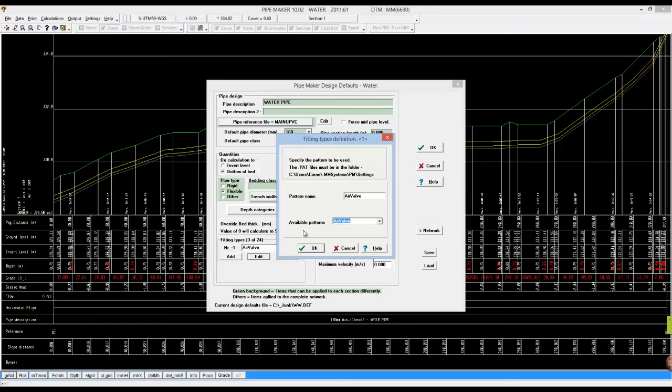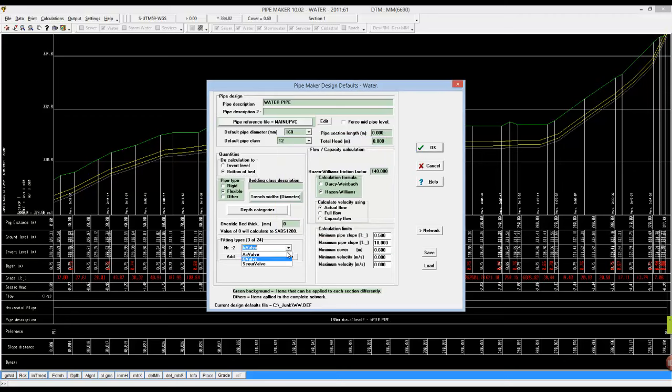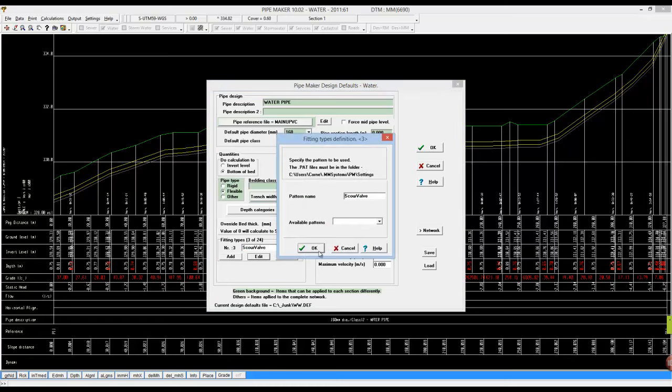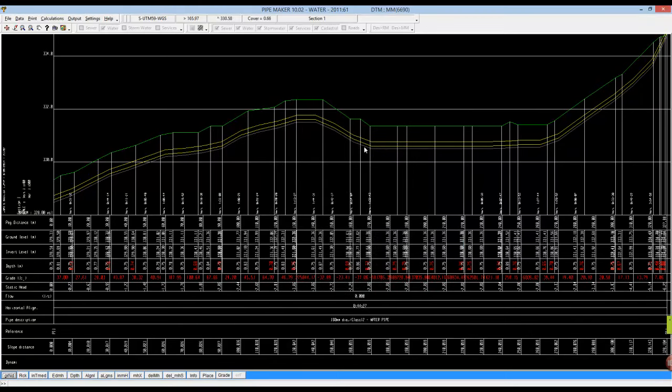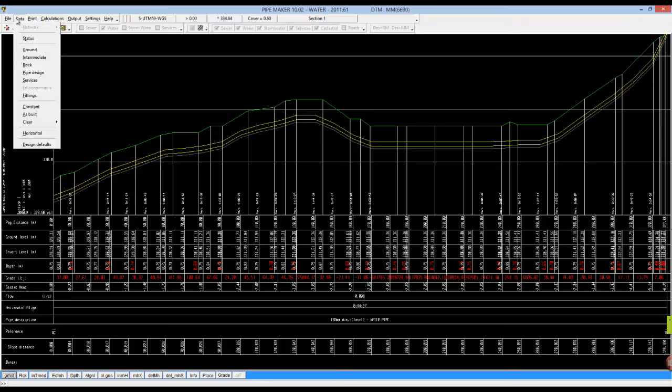So then I'll just go to G valve for gate valve. So I'll say Edit, gate valve, and I'll do the last one, scour valve. Alright, so that's been applied, and now I need to go to my data, and you will basically go to